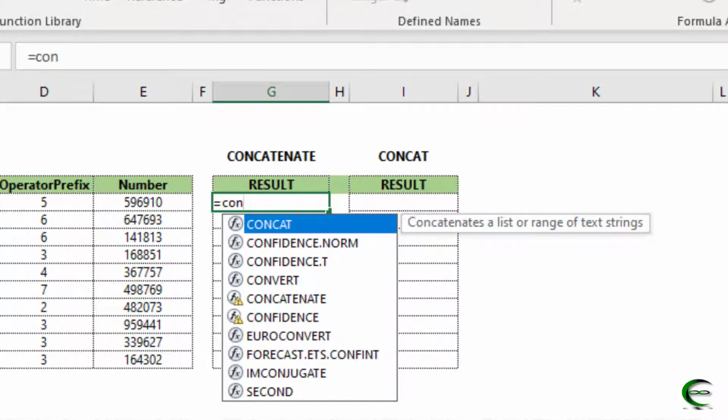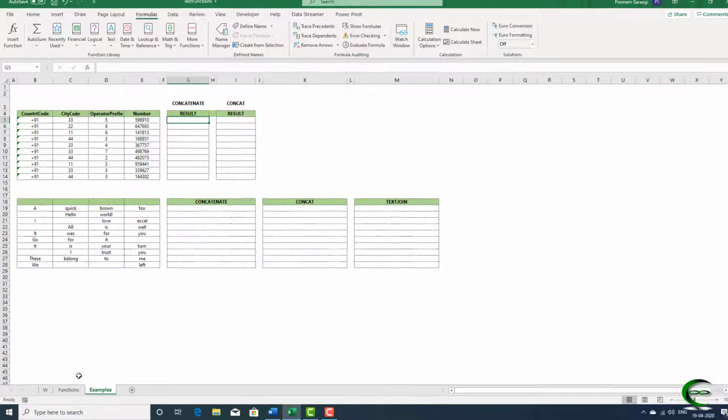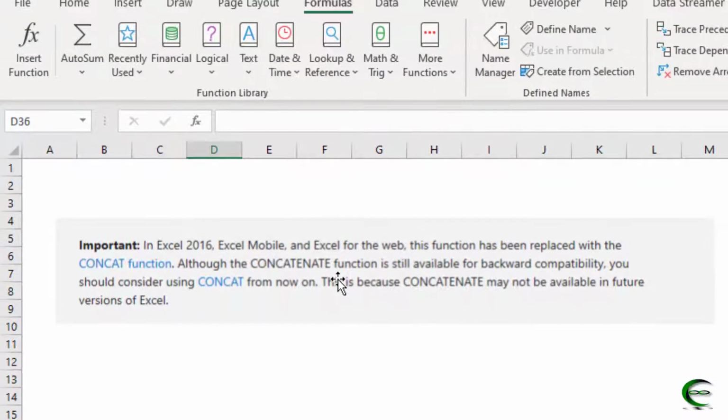This is actually a warning by Microsoft. You can go through this warning in the help of CONCATENATE, which informs us that a new function CONCAT is introduced and Microsoft is telling us to use CONCAT instead of CONCATENATE, and this function may not be available in future versions of Excel. CONCATENATE is available right now due to backward compatibility.